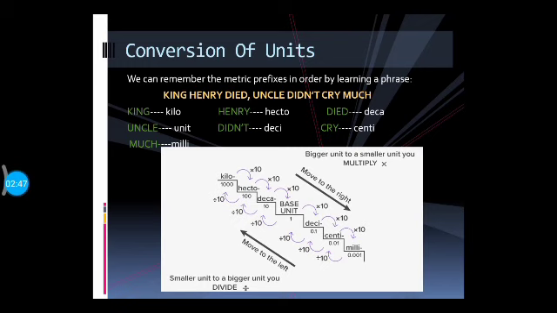Okay. For each step either you will multiply by 10 or divide by 10. If we are moving in downward direction in this ladder, we will multiply by 10 for each step. And if we move upward in this ladder system, for each step I will divide by 10, that many number of times. Let's say for example, first is kilometer.